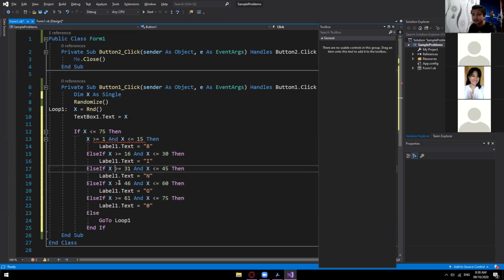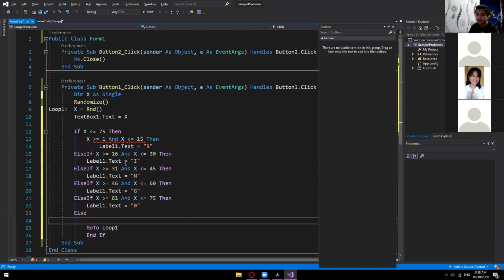Ayan. If and if. X is equal to label 1, else if, and if. Double pala siya dito, kaya pala double else if, then